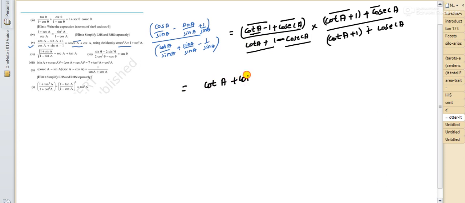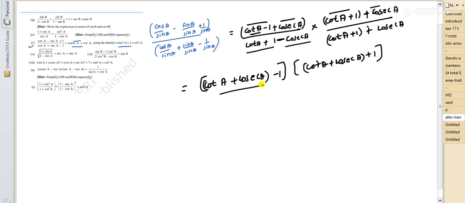Cot A plus cosec A minus 1. This whole is multiplying with, again, if I separate them, cot A plus cosec A plus 1. Correct? Why? This is A and that is B. So it is in the form of (A minus B) into (A plus B). Correct? Whole divided by, here you can see that this is already in the form of